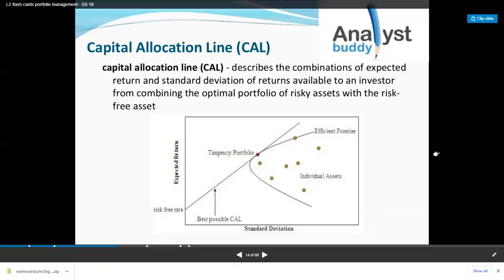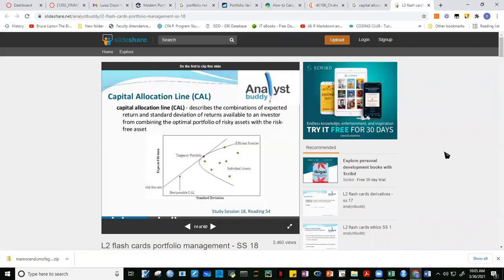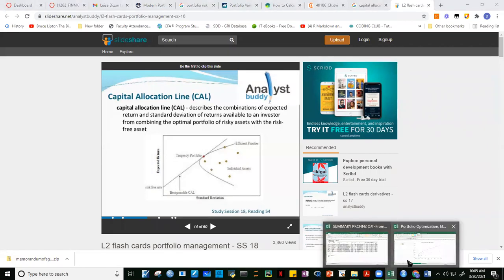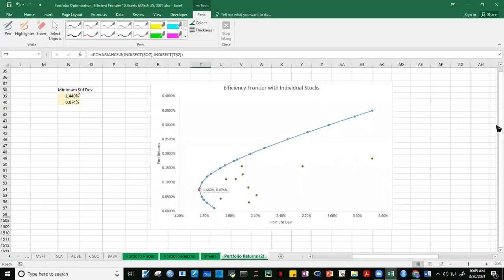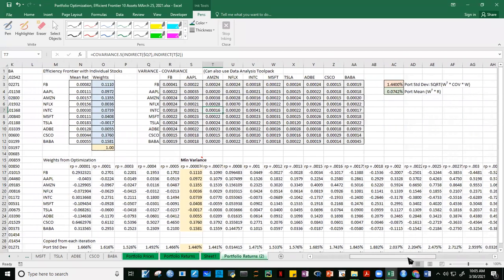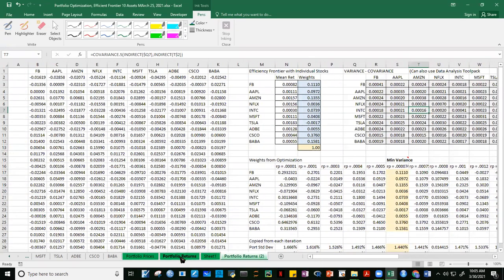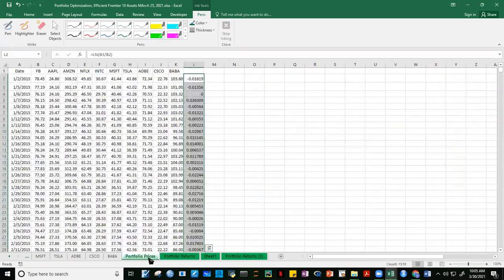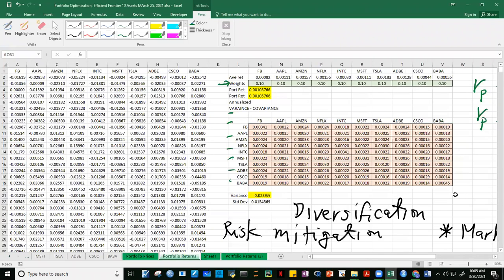Now, hindi muna tayo nag-R. Next meeting na tayo mag-R kasi gusto ko lang muna i-clarify yung point na to. Kasi mas madali maintindihan to kung in-Excel natin para pagdating natin kay R, mas madali na. So what I want you to do now is create a copy. I-copy na lang natin to. Create ka ng copy ulit ng portfolio returns.